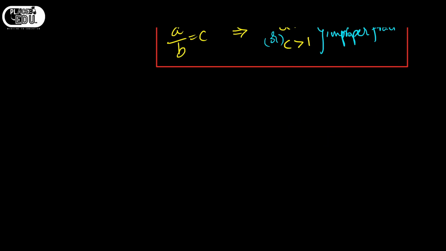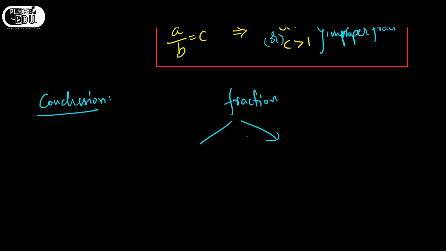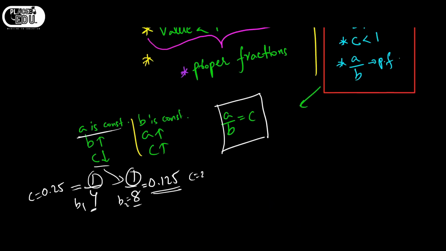As a summary, what is the conclusion today? Conclusion is fractions can be divided into two types: proper fractions and improper fractions. Proper fractions have the value less than 1. Improper fractions have the value greater than 1. Understood? And another thing you have to observe is, see here,